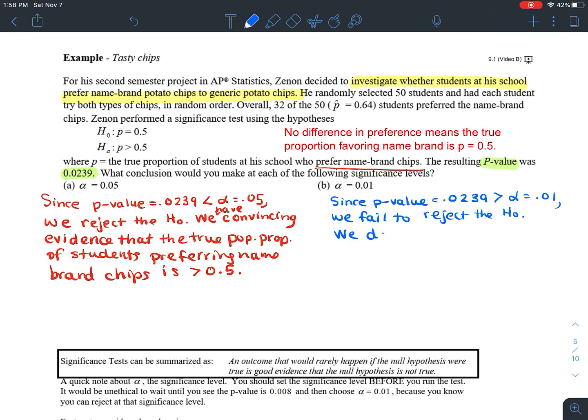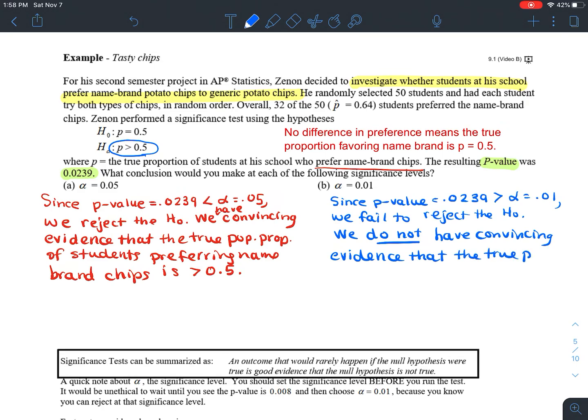Okay, so now we're going to say we do not have convincing evidence that, and again, what comes after the word that is us describing in words what our alternative hypothesis is, that